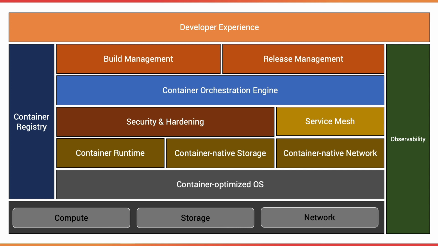Container native network. Now this is creating a zero trust security network on top of your existing virtual network. Now this is a world by itself. And as we discussed, you have choices like Calico, Cilium, Contiv, WeaveNet, and so on.